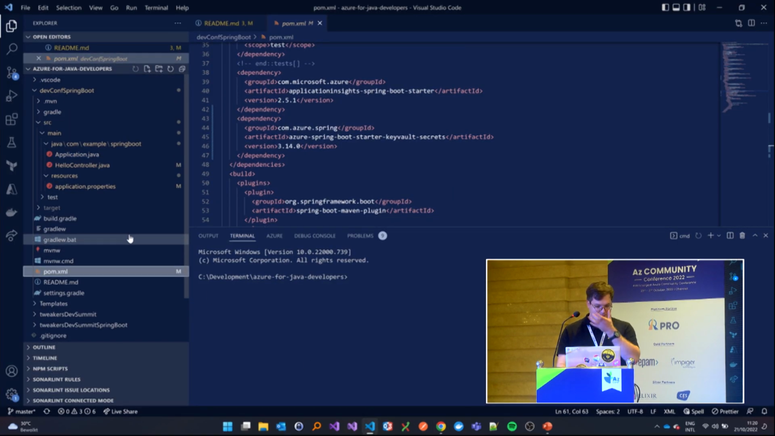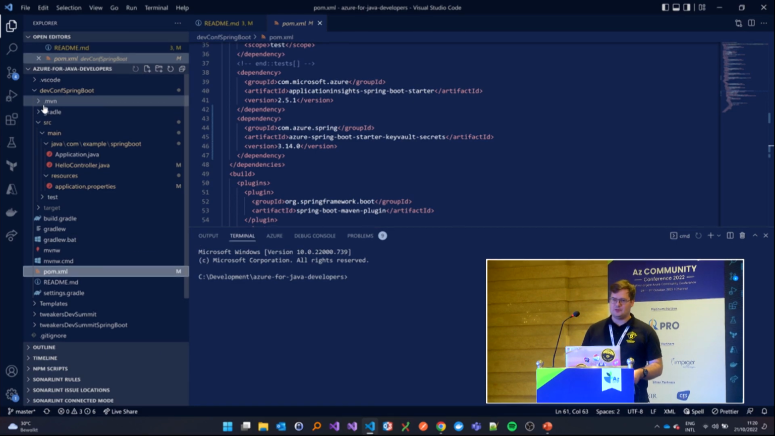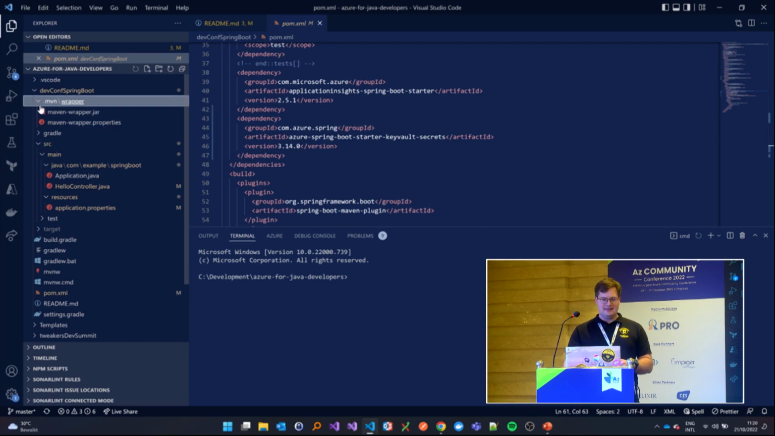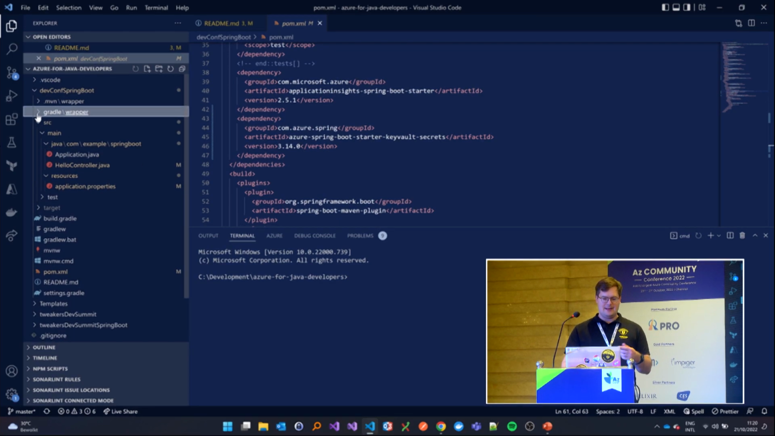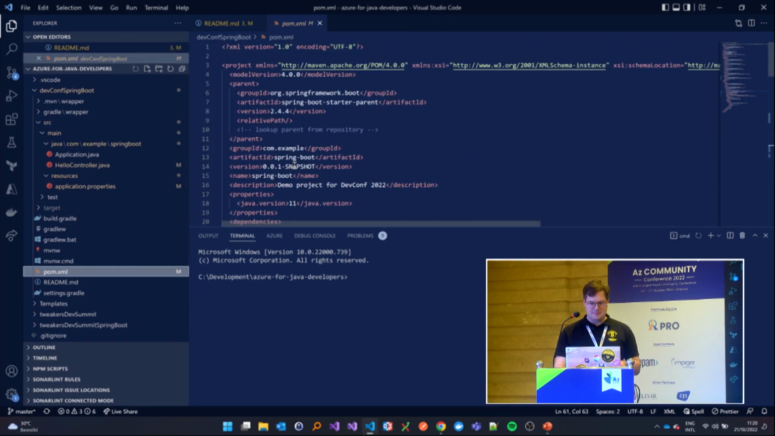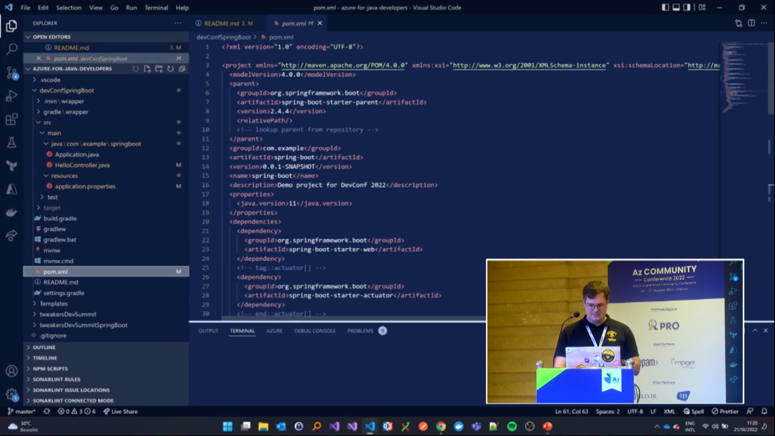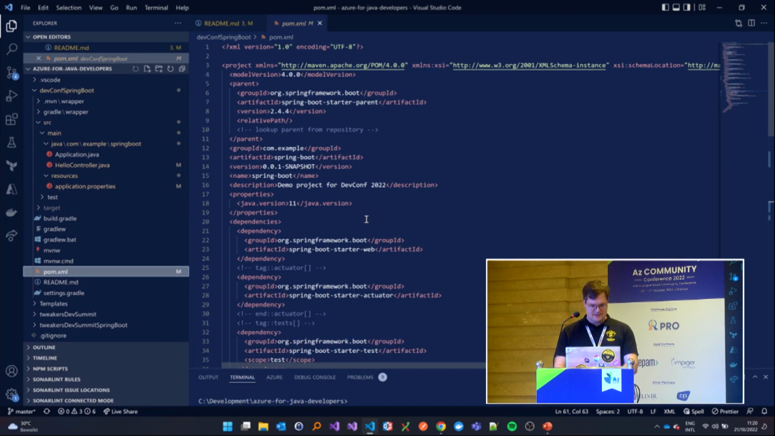Basically, when you get the Spring Boot project from Spring Initializr, you'll get all the boilerplate, even with Maven or Gradle, depending on what build tool you chose. I chose Maven here. That means that all my dependencies are here in the pom.xml. And let me actually,